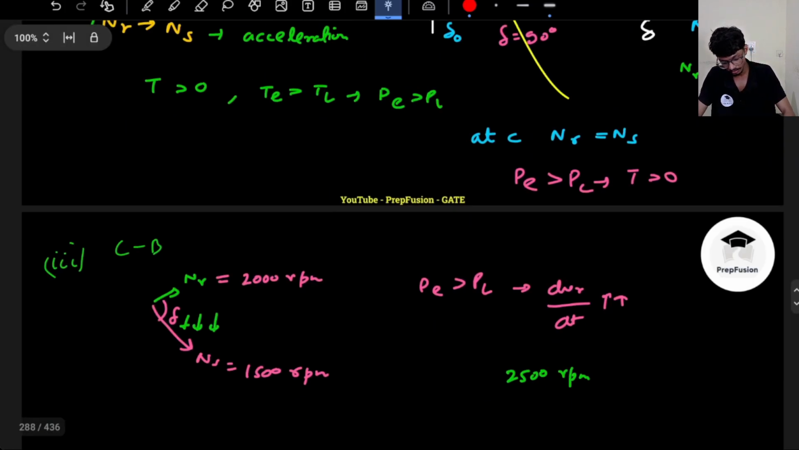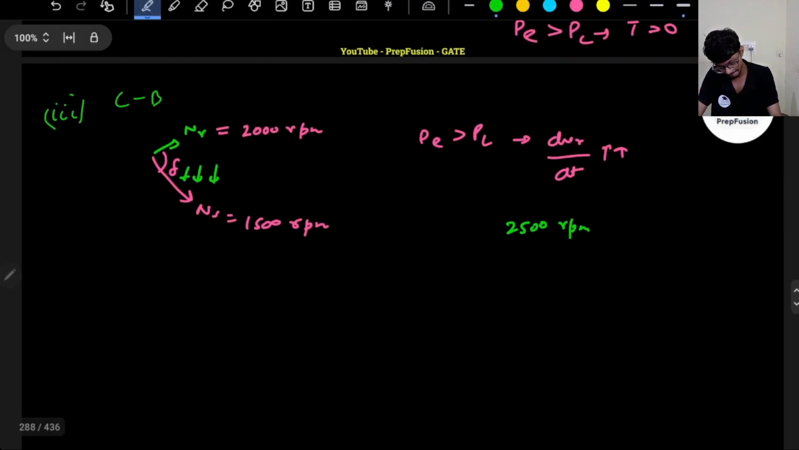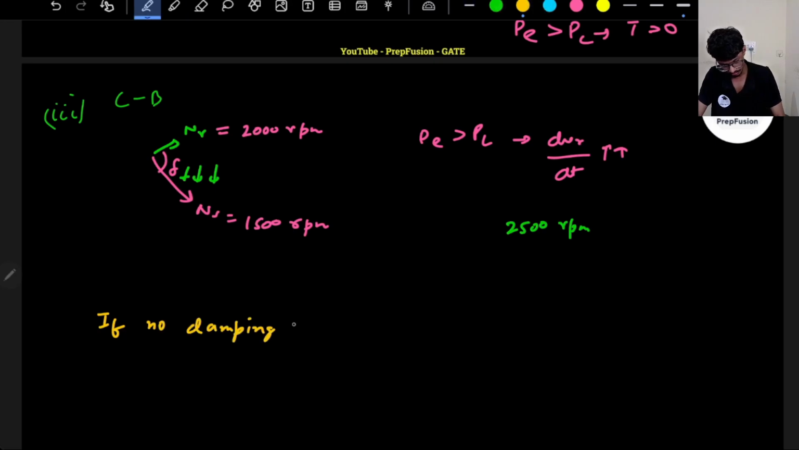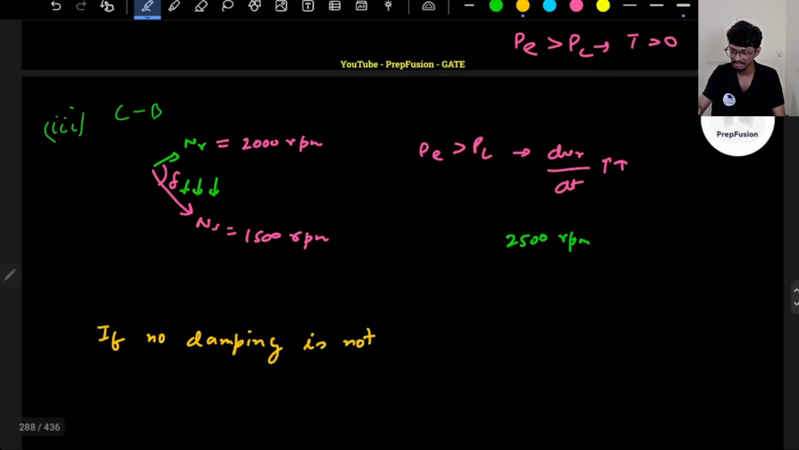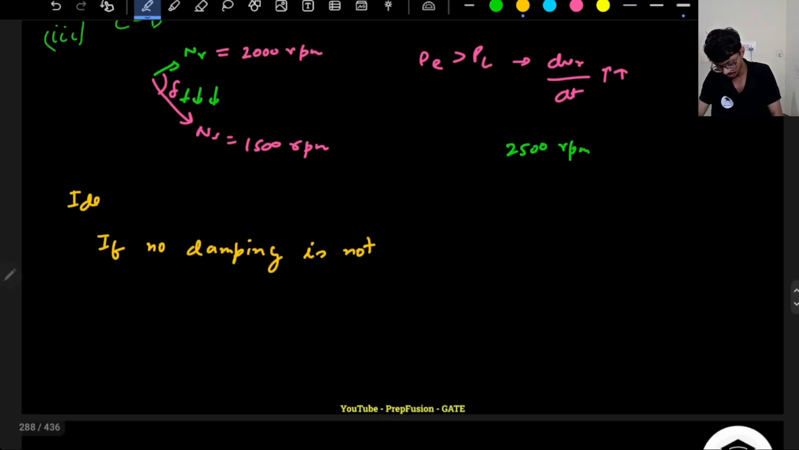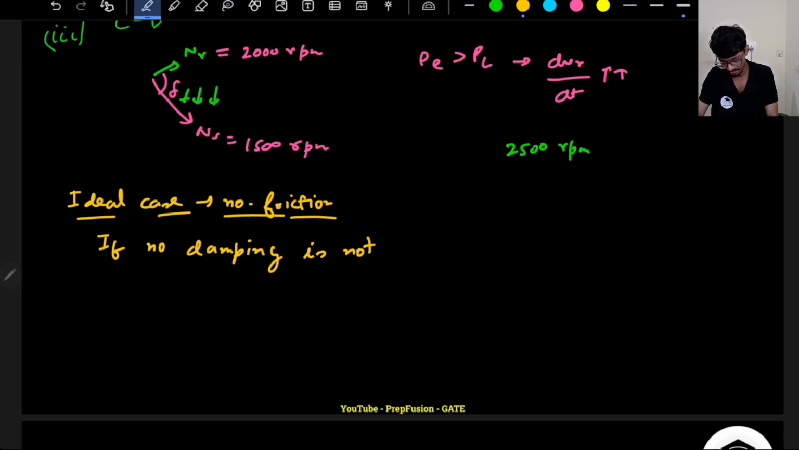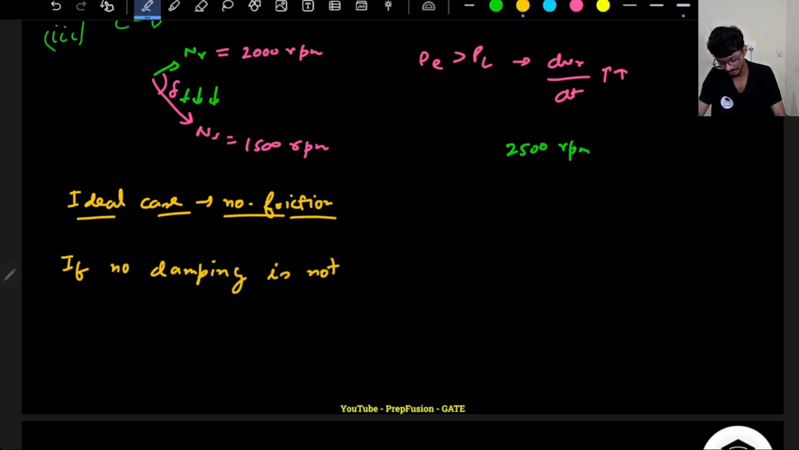If no damping is provided. So this was the ideal case where there was no friction in the motor anywhere. So in the ideal case, meaning no friction, and it inherently does not have any damping properties, because the cylindrical rotor actually has damping properties, which we will discuss. If damping is not present, right,